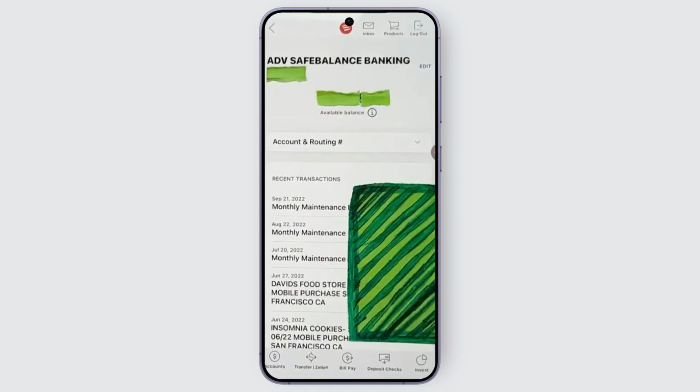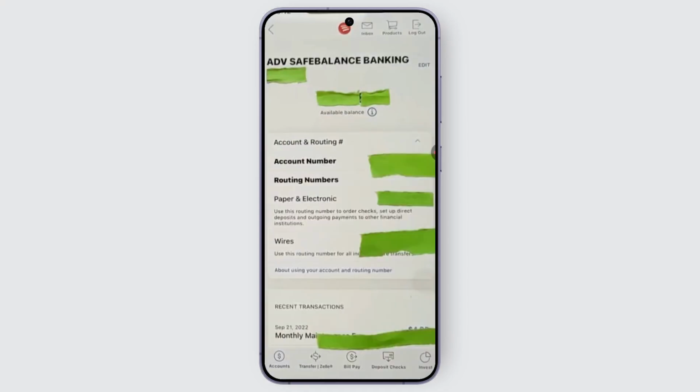Similarly, right below the balance, you will be finding an option called account and routing. So go ahead and find that option and tap on it. And then once you tap on it, there you go. It will just show you your account number and your routing number that you can use in order for transactions